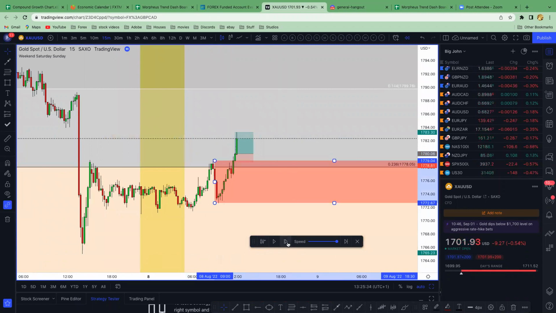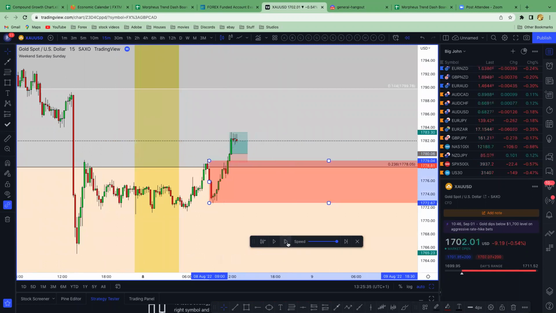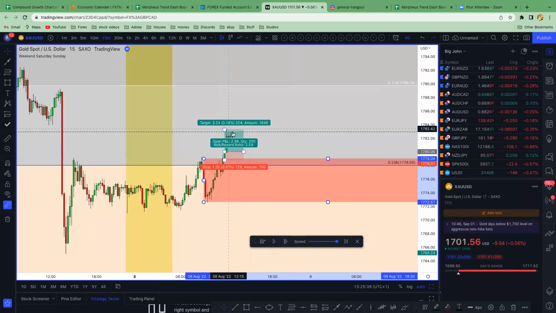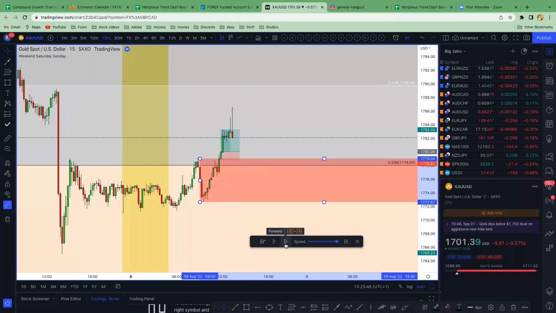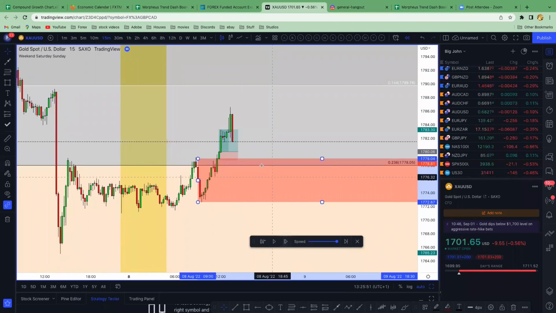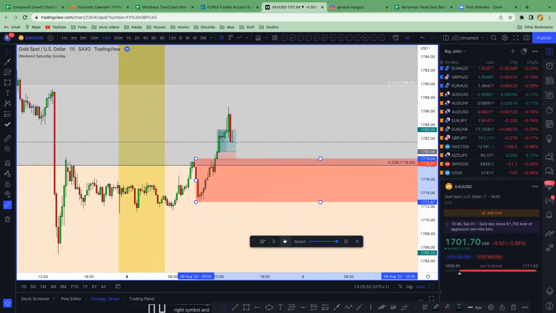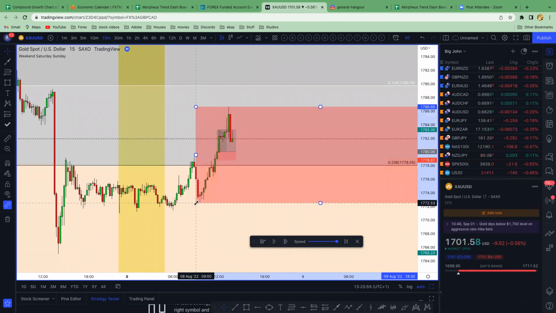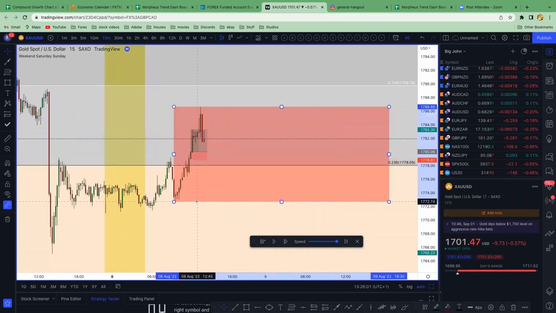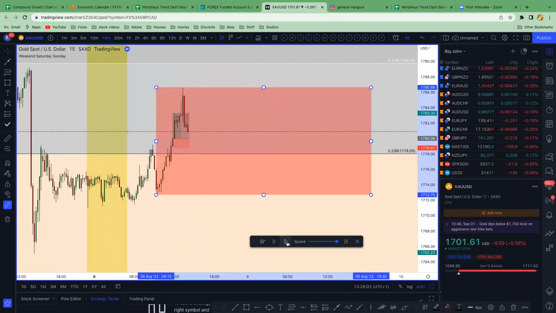We can see that there was a rejection here in the market right now. We need to see a push down though in the market. We haven't seen a push down yet. So you need to see a clear push down in the market. There was being respected. There you go. Let's see when this candle closes. Okay, cool. So this is what I would call my swing high for now. And here's my swing low down here. Let's see what we see.